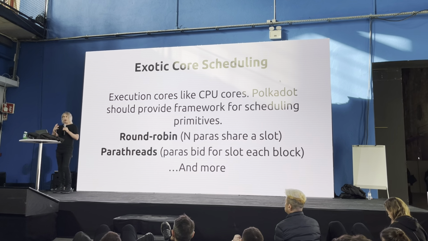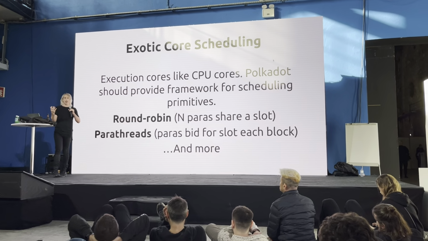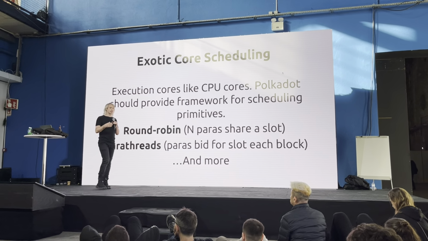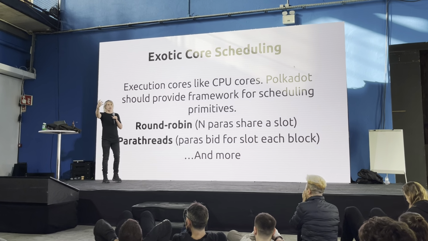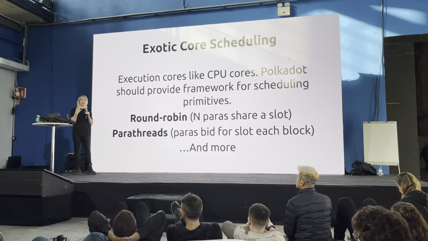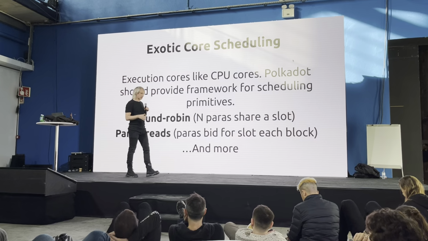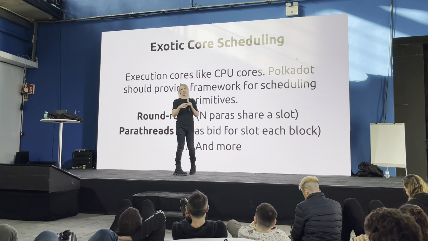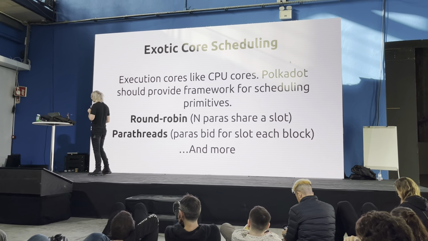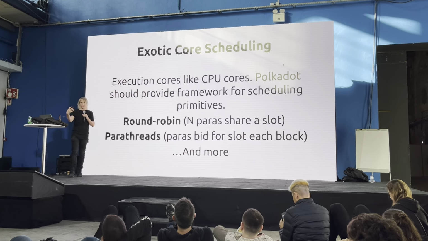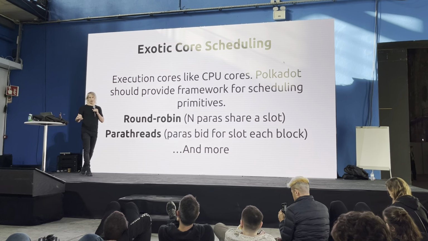So we want to open up a much wider spectrum of ways of utilizing Polkadot's block space. This is what it comes down to, right? This is the new way of thinking. Polkadot has a bunch of high quality block space, probably the highest quality block space out there. It's got a huge amount of high quality block space. And the question is, how do we parcel it up and sell it off and make sure that the DOT token benefits, so that there is a useful economy around this block space.